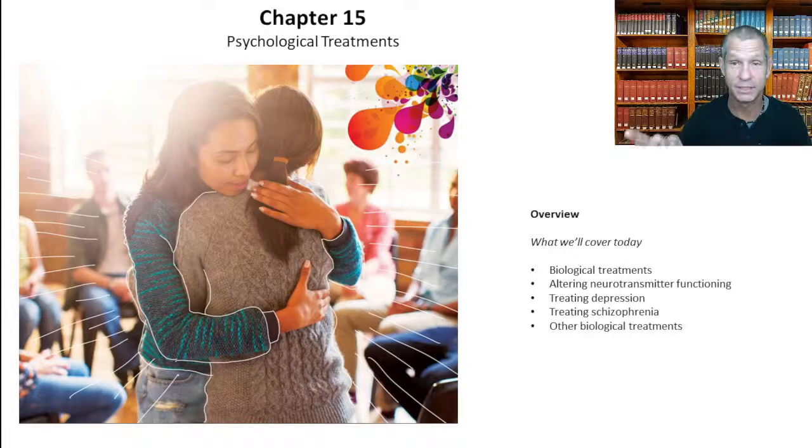I suggested two things. Number one, I suggested to you that there are two basic kinds of treatments. There are biological treatments that are based on chapter 2 and what we know about the anatomy and physiology of the brain. And the second class of treatments are what we call talk therapy or psychotherapy, where we try to use other parts of the textbook, maybe what we know about behaviorism, maybe what we know about emotional functioning, maybe what we know about personality, and we try to talk through the problems. Because if you'll remember, what I suggested to you last week was we really don't know biologically what's going on in the brain that causes a lot of psychological problems.